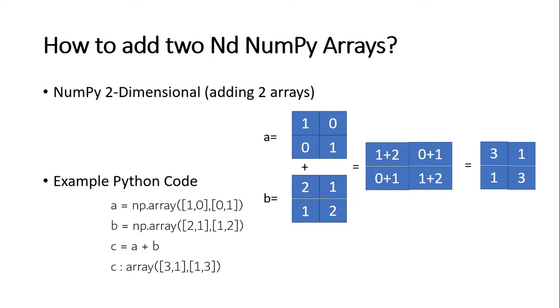Example code, very simple. There will be no change in writing the addition code. That is the same. C equal to A plus B you can write. Then you will get an output array with elements 3, 1 and 1, 3. In a similar fashion, you can perform multiplication, dot product and matrix product among two-dimensional arrays also. Next, we will see the hands-on lab session where we will write some example codes and know practically how we can create and work with different dimensional arrays.